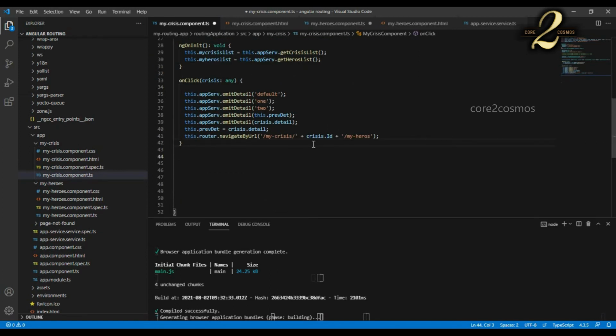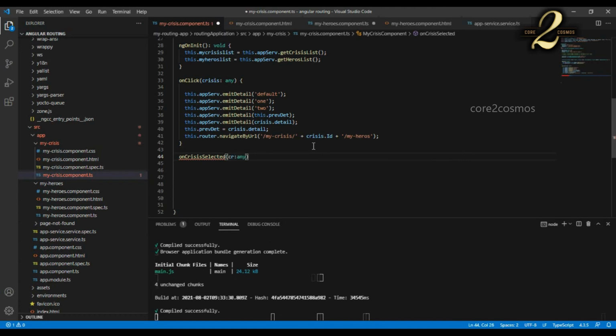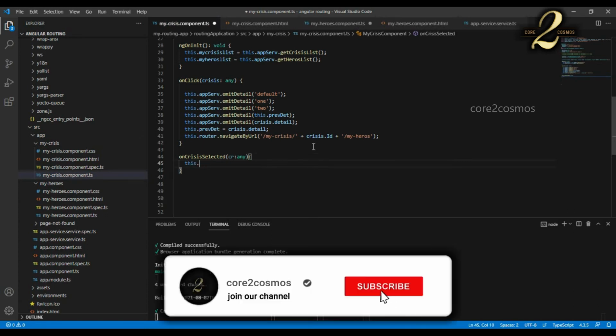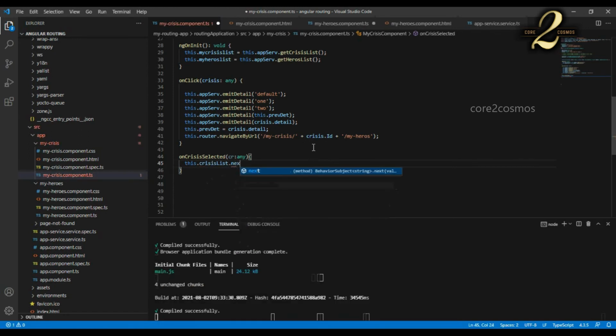In the mycrisis.component.ts file at line number 44, I am going to define a function onCrisisSelected, which will accept an input argument of any data type. Line number 45, I say this.crisisList.next(cr.target.value).